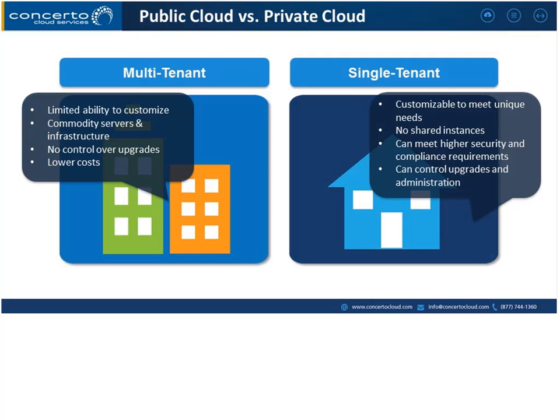When you think about public cloud and private cloud, I think that there are definitely economies of scale within the public cloud arena. And I think about these almost like airplanes. If you think about it in a multi-tenant environment where you want to have density, in other words, a lot of customers and a lot of users, it becomes almost like an airplane game. It costs me X for the airplane, Y for the fuel, and Z for the people that are going to service and run the plane. And I want to get as many people as I can on the airplane, which is fine if you end up